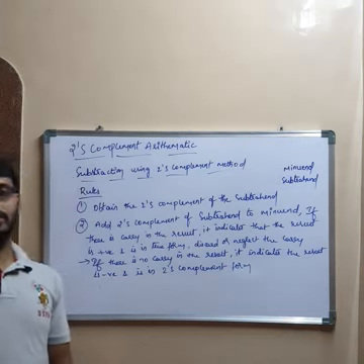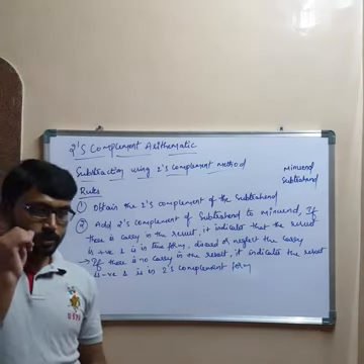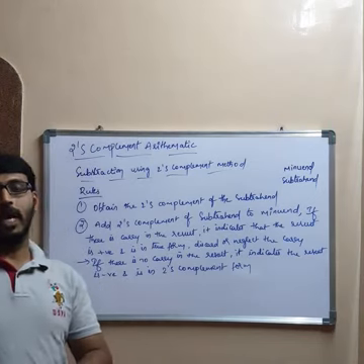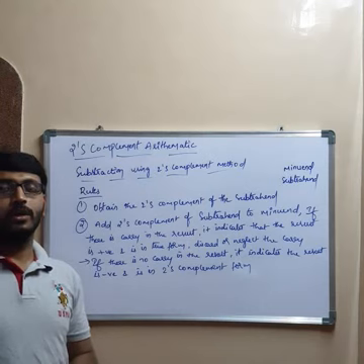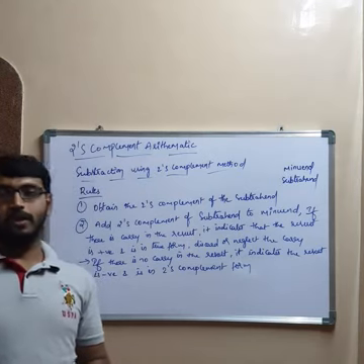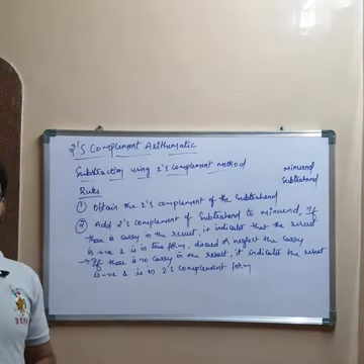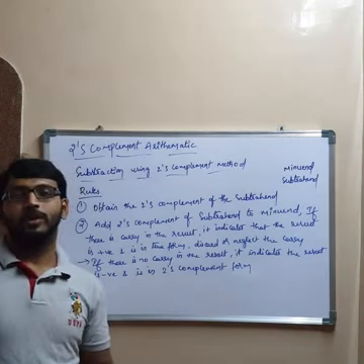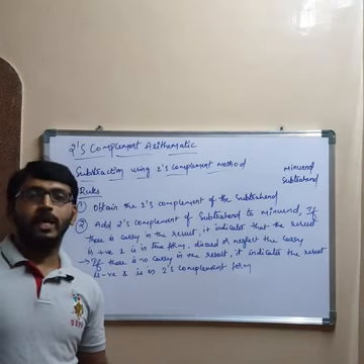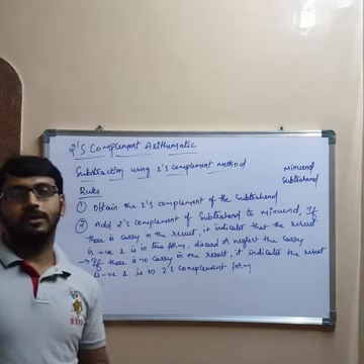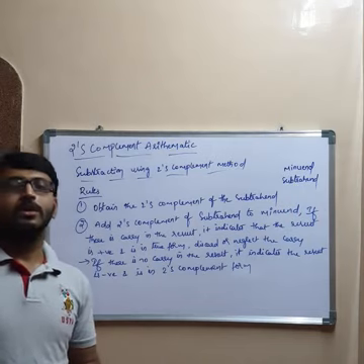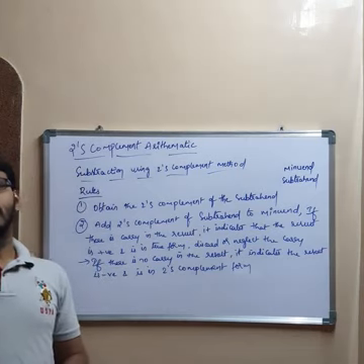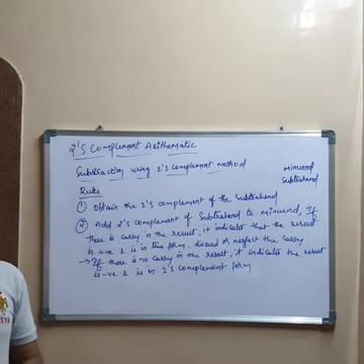So before doing subtraction using the 2's complement method, first we find the 2's complement of the subtrahend, and we add it to the minuend. In the result, if there is a carry, it indicates that the result is positive and is in true form. We can neglect the carry. If there is no carry, it indicates that the result is a negative number and is in complement form, that is 2's complement form. In order to get the true form, again we have to obtain the 2's complement of the result.